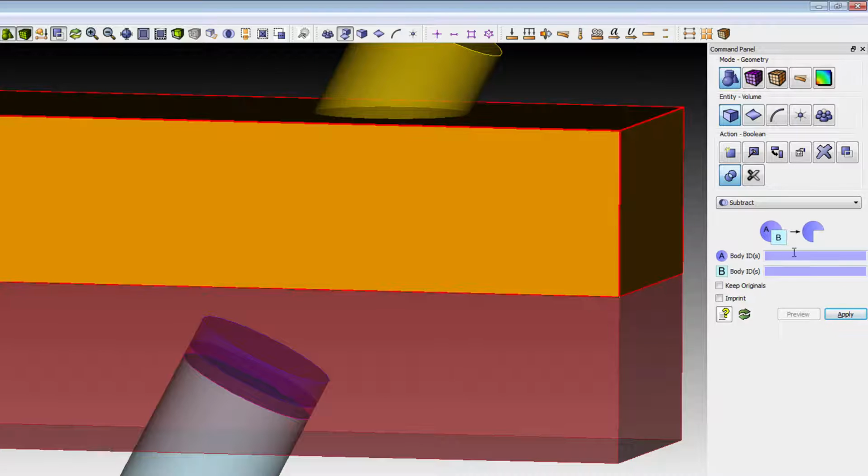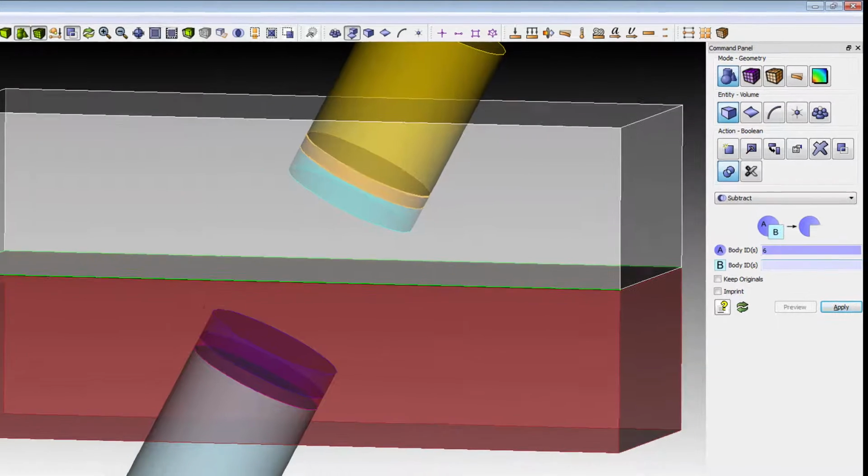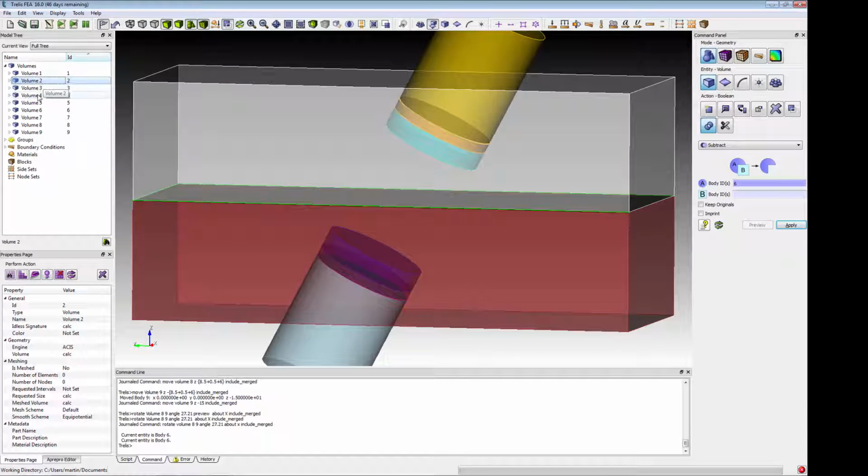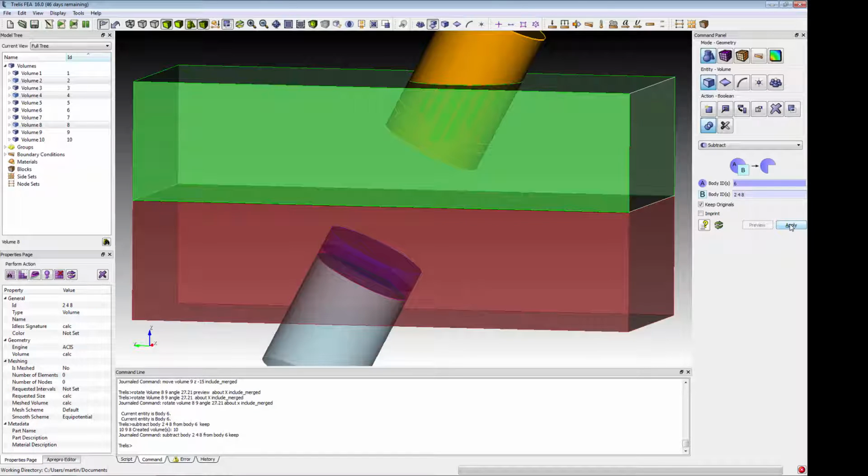We can just click here, and the body IDs that we want to subtract are body 2, 4, and 8. So 2, 4, and 8. And at first, let's keep the originals, otherwise those tool bodies would be deleted. I press apply once. A new volume with the ID 10 is generated, and I'm doing it a second time